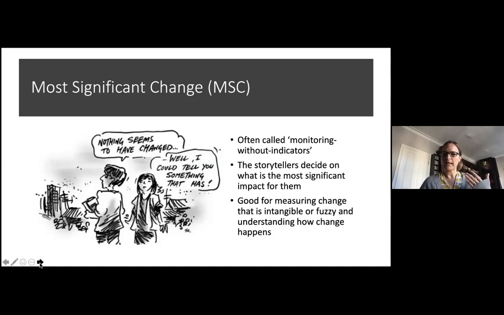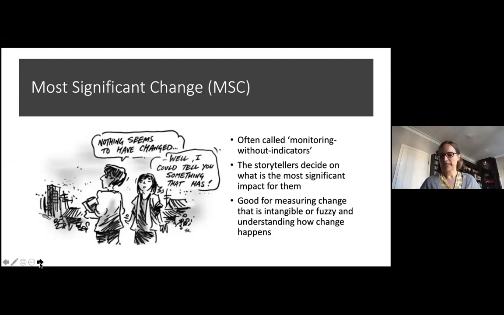So really, the people who tell their stories, the storytellers, decide what is the most significant impact for them. What makes that technique so powerful is that often those are changes that are completely hidden from you, because you don't have access to that lived experience. You're not maybe in that particular area that the person lives in, so you just don't have access to that. So it's a really good method for measuring change that is intangible or fuzzy, or understanding